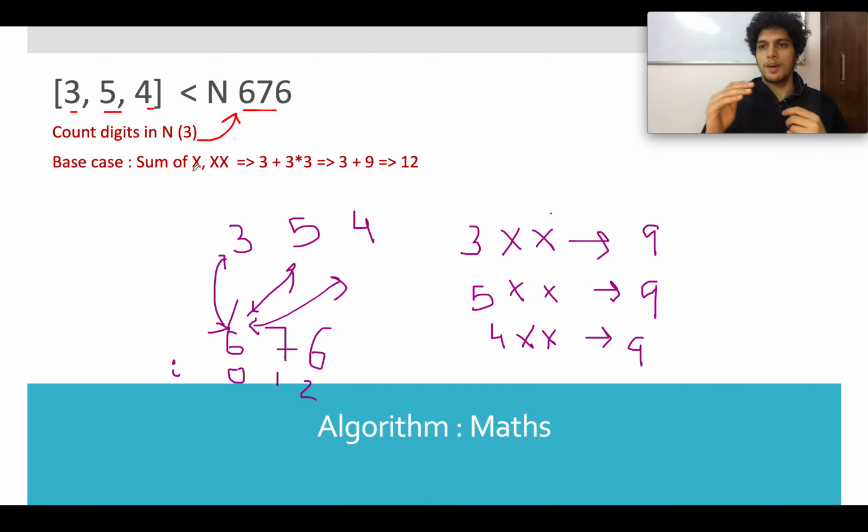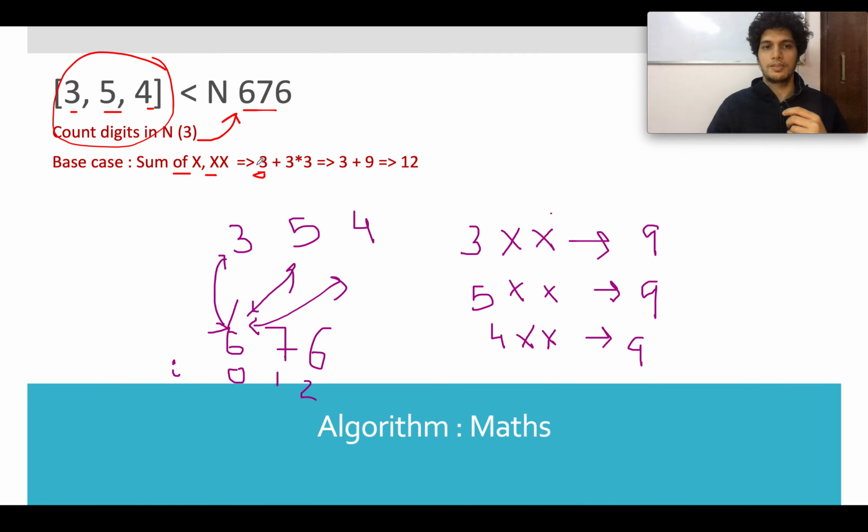And let's go back to class 10th and 11th and see how can we use that knowledge here. So any number that is of digit 1 or 2 will be always less than this number, because the number of digits are less than that of the given number n. So we need to count that case upfront. You need to count the number of digits in n, that is 3, and you need to count the number of digits in your data set, and hence that becomes the power for that expression.